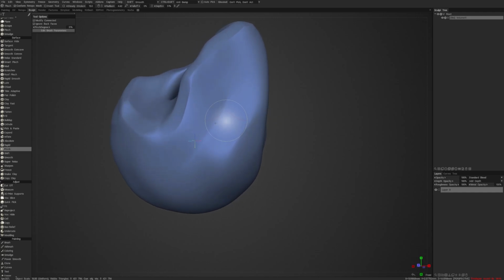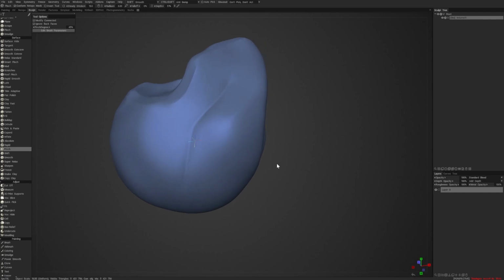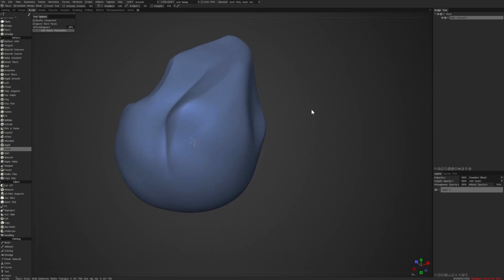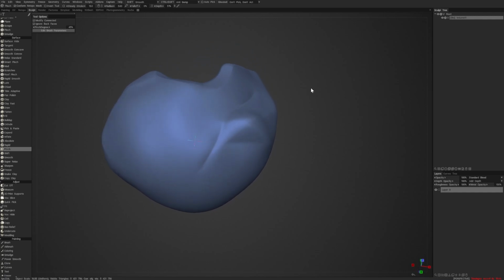Then I can also drive into the surface simultaneously. So I can get these kinds of structures and forms, and if I hold down the control key, it will drive it outwards, so I can get raised areas as well. This is pretty fast and effective, I find,